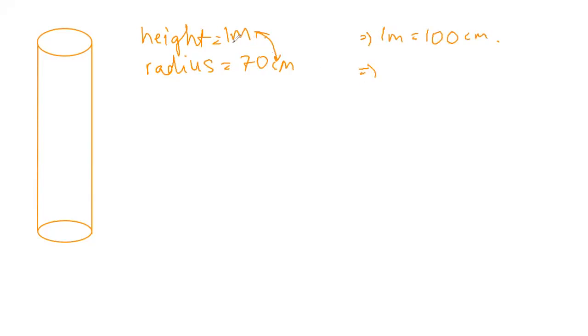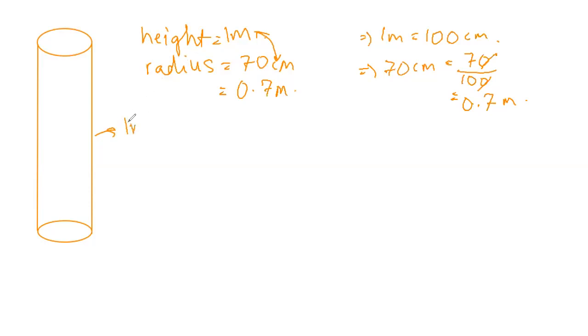Therefore, 70 centimeters is equal to 70 divided by 100, which is 0.7 meters. You could convert that into meters or centimeters, it is your preference. So once we have converted this into meters, all is well. So we can further continue our question. And then we'll jot down our measurements.